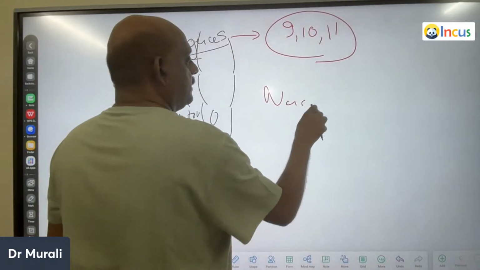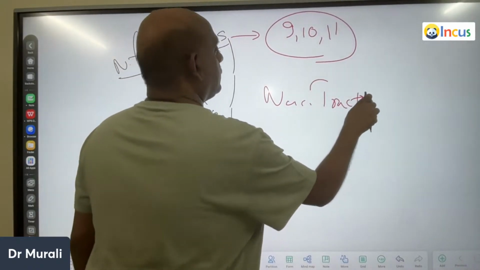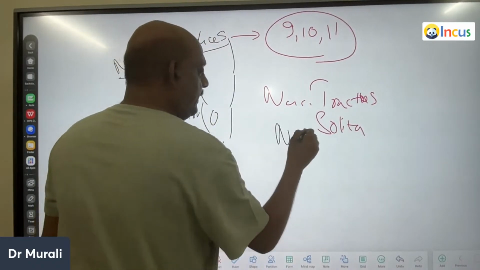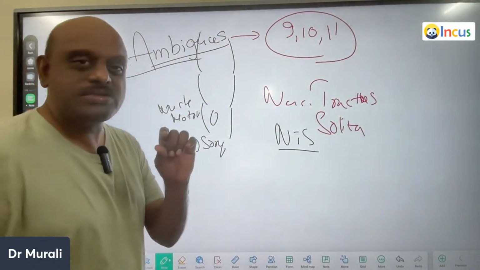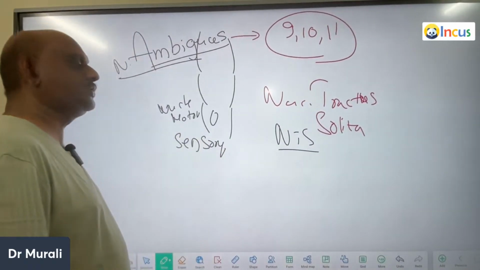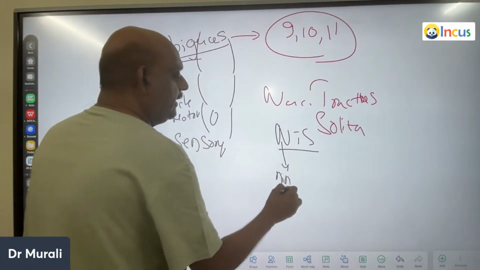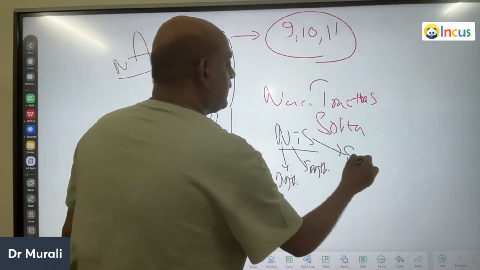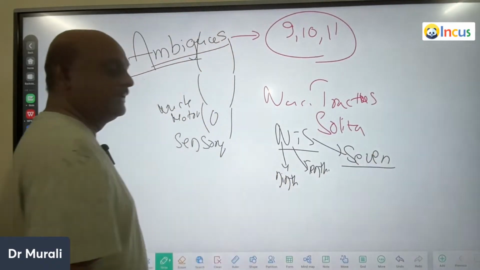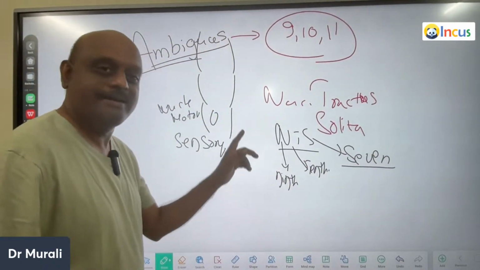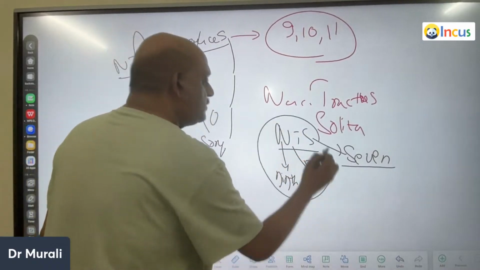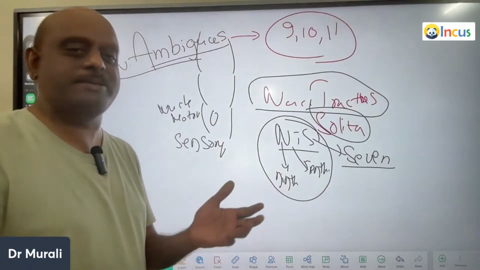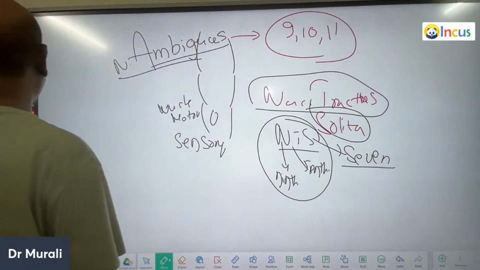Whereas nucleus tractus solitarius, isko kehte hain NTS. It is a sensory nucleus. Sensory nucleus of which cranial nerve? N for 9th, T for 10th, S for 7th. 7th, 10th, 9th. For this, the common sensory nucleus ko kya kehte hain? Nucleus tractus solitarius is what you need to basically remember. So, doctor,